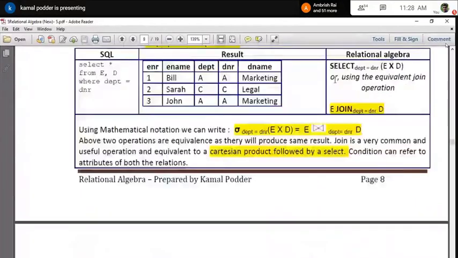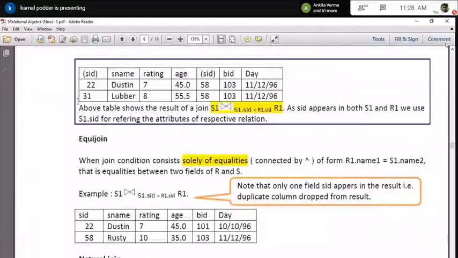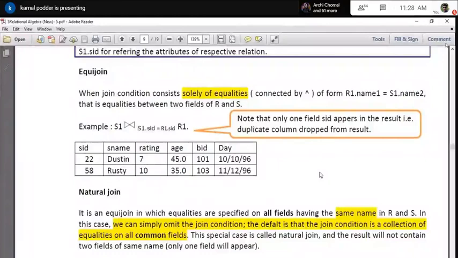Now we will see that a join might be of different types. I will consider something here, say like here, I have written a join like this, SID this BID. First, see what the different varieties of join are. One is called equijoin. Equijoin means when you are writing the joining condition using the equal sign only. That means joining is done based on the equality of the values of these two fields. Then you can call this an equijoin.